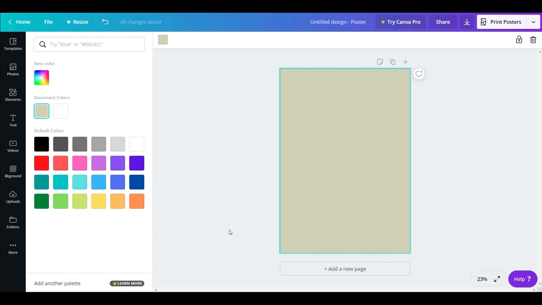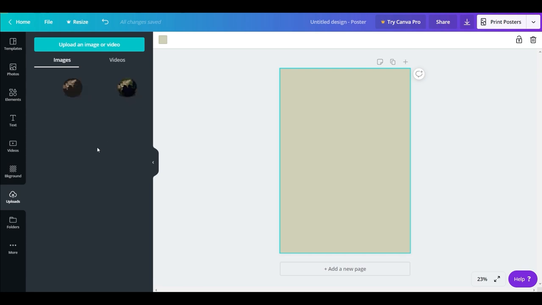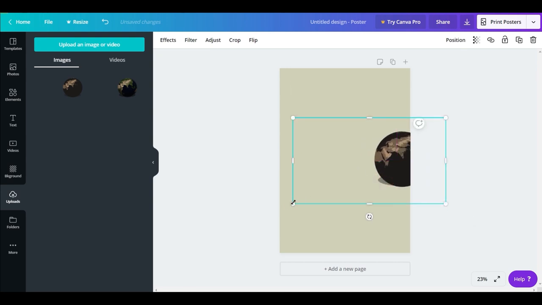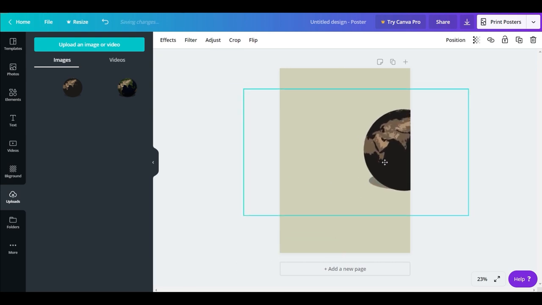Now let us add a globe image, since it is a global warming poster. What you can do is, here you can find a number of columns on the left side. Click on the uploads column. I have already created a globe image in Adobe Premiere Pro, which I will be explaining in upcoming videos on how to create. Just drag it on. It's very simple. Whatever image you have, you just have to drag it onto your artboard. And let's increase the size, since it's too low. Yeah, this size is apt.